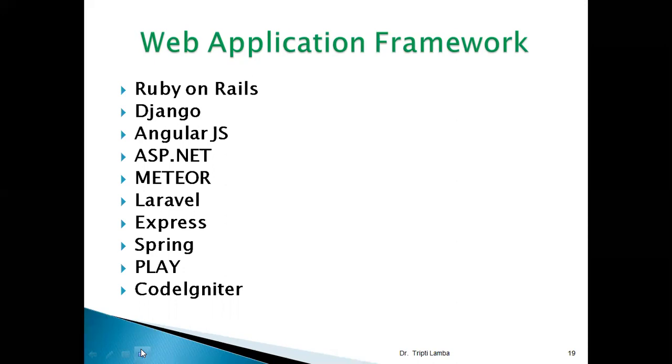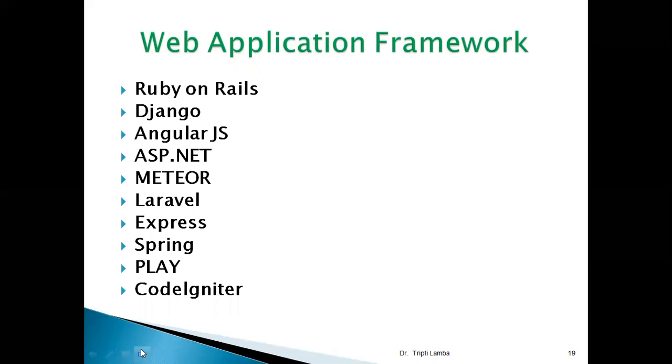Then you have ASP.NET. It is developed by Microsoft. It helps to build robust web applications for PC and mobile devices. It is high performance and lightweight. It uses C#. Then you have Meteor. It is used to build real-time mobile and web applications. Then you have Laravel. It uses PHP.